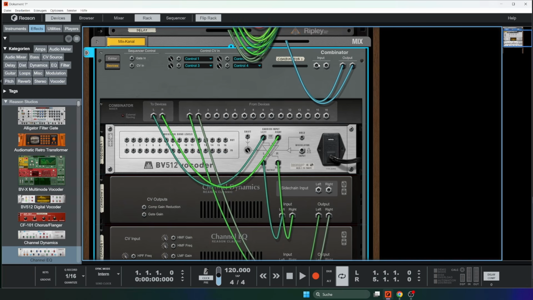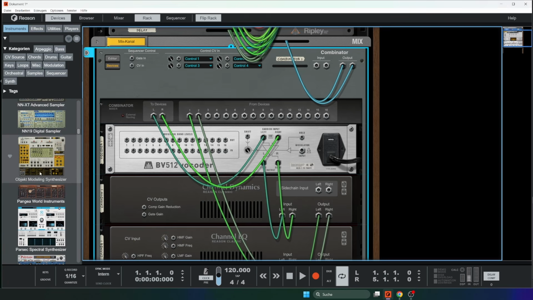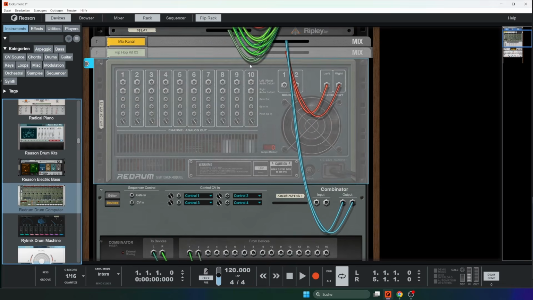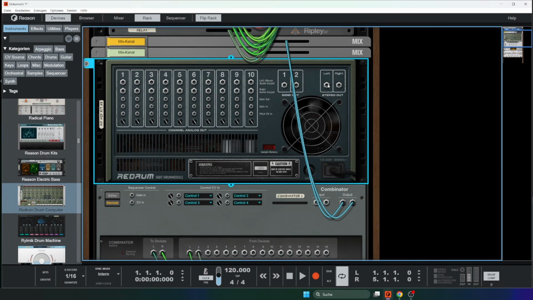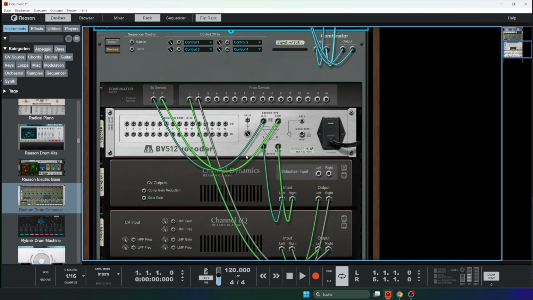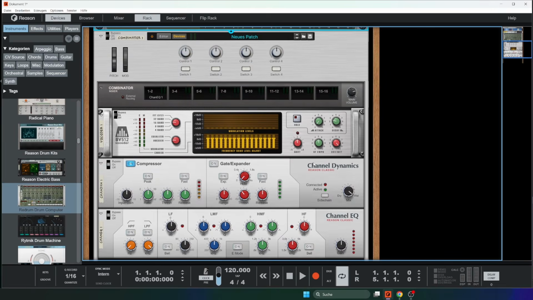If we use the input, some easy stuff here, we use Redrum, and we drag the stereo output into the input of the Combinator. Now our whole signal chain will be applied to our signal, and we are now able to map these signals to our controls. So for instance, I could pick any knob here, maybe let's use the threshold of our gate,